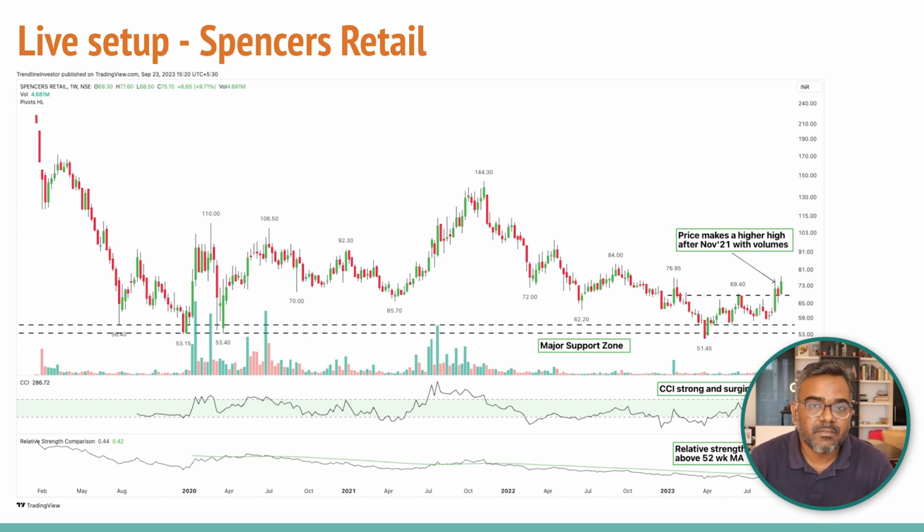Right now, this company is a bad company. It hasn't posted profits. It hasn't done very well in the last many years, and it is looking good for the first time. Right. So if the stock heads higher, it can make new highs. Who knows? There can be a change in strategy in the company strategy or management, it can do very well, or it can just flop and go down, right? So that's how markets are. So this is the first company, which is Spencer's Retail.